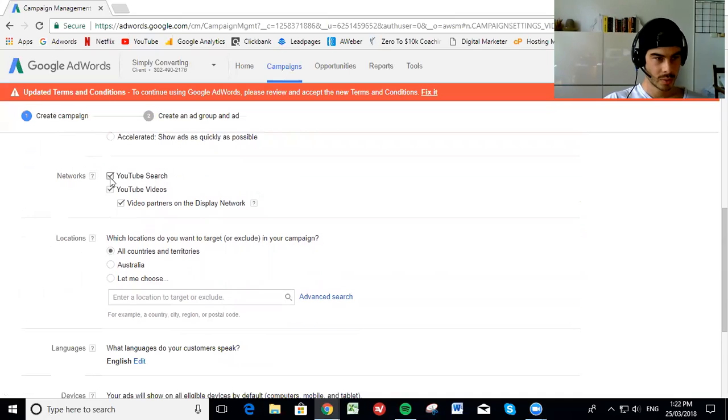In terms of networks, we only want to run on YouTube videos. So YouTube search is, again, useful for those discovery ads I mentioned earlier, where they would appear in the top right-hand side of YouTube, and they're sort of more search-based. So when you type in a string on YouTube to learn something maybe about Facebook ads, if you wanted to learn how to set up a lookalike audience, YouTube search might appear on the top right-hand side with a promoted post showing how to set up lookalike audiences. But we want YouTube videos here, so when you're viewing content, it's going to post the video,